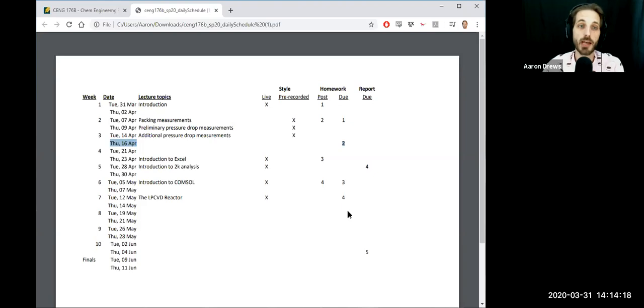We may push it back to the following Tuesday or a Monday or something like that, but we will never go any faster than what's written here. So you don't have to worry about, if you're in a different time zone and you wake up, suddenly I bumped it up 12 hours, which is now 2 hours in your past. We'll try to follow this as closely as we can, but any modifications that we have to make will only be to push due dates out. So they will never come any faster than what we've got here.